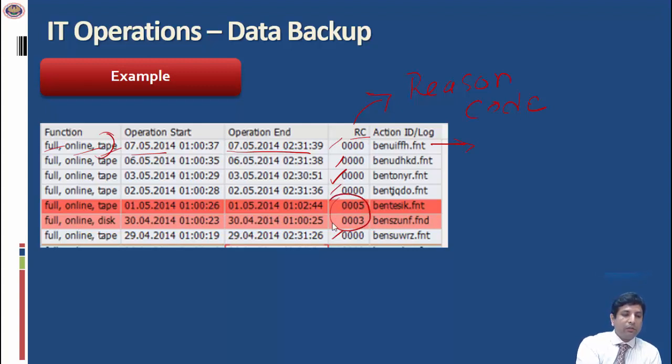in red. Here in this case we can see that a backup was taken to a disk instead of a tape. We can understand a little more by asking why this is happening. Is it possible that on a particular day the backup happens to a disk instead of a tape? Is it a policy of backup that the company has defined, or is it an exception? We need to understand that. In this case, there are error codes or return codes which are 5 and 3, which means that the backup